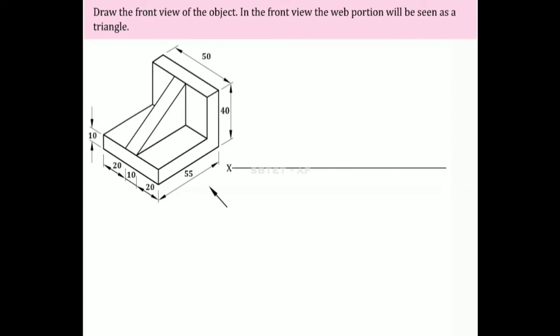Draw the front view of the object. In the front view, the web portion will be seen as a triangle.